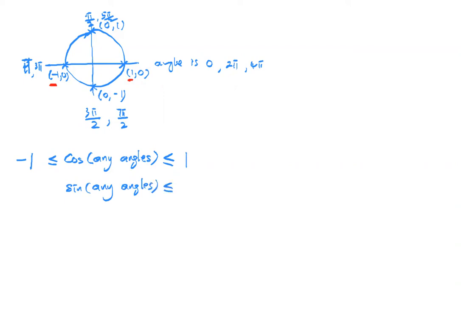If you look at sin, you are talking about the y coordinate. Highest is 1. Lowest is -1. Right? So if I plot the graph of y equal to sin x,